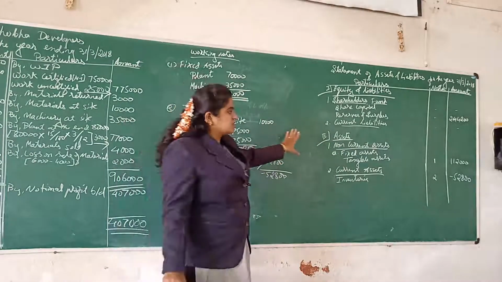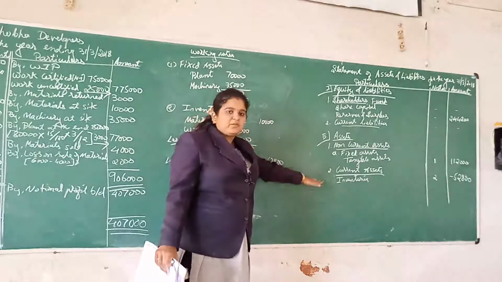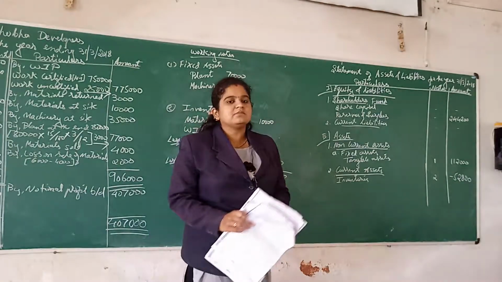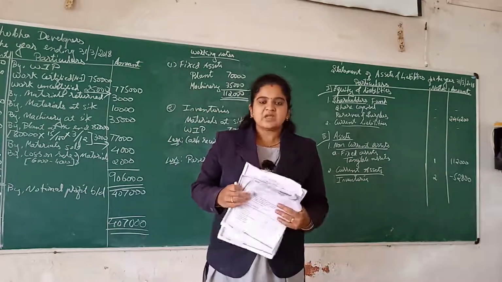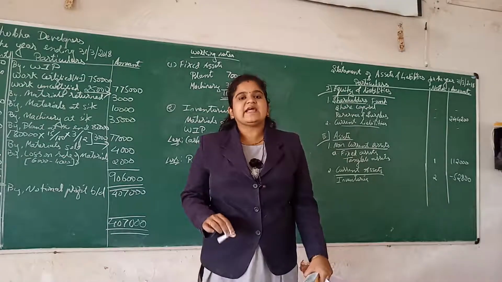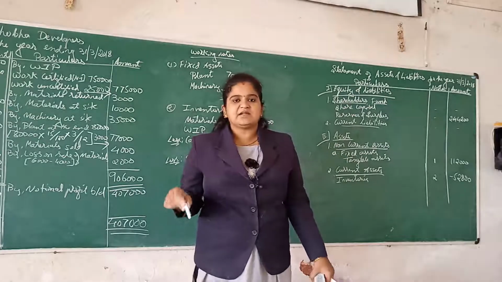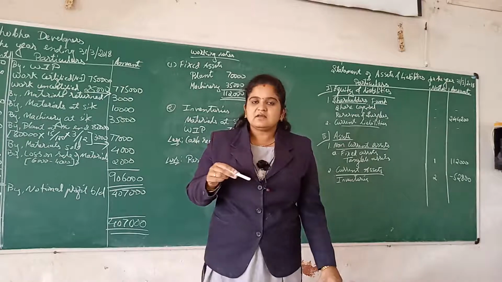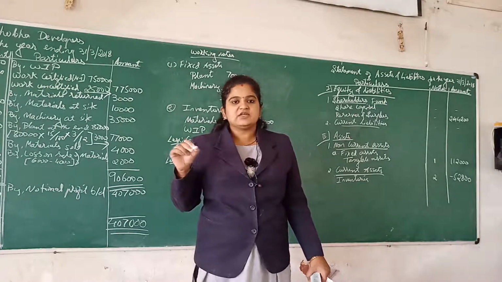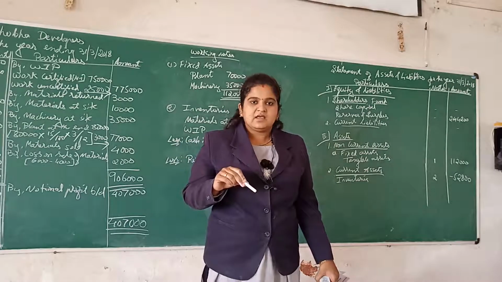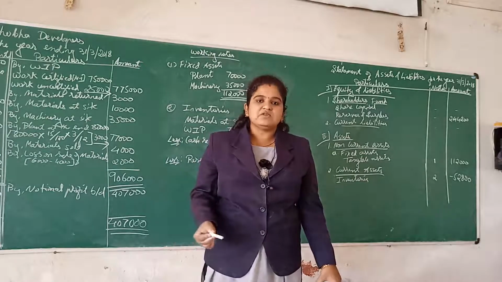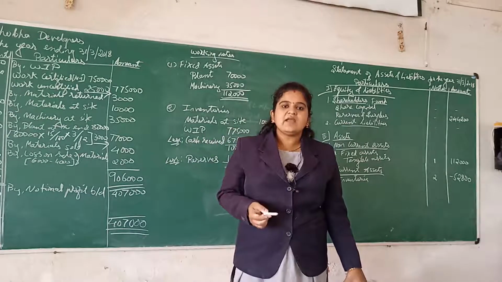Now this is the problem. This is the end of the problem. Hope this problem is clear to you all. Now in the year 2019 the same question appeared which we solved in the previous class, that is from the year 2017. So next I will be solving operating costing, which is your second unit.